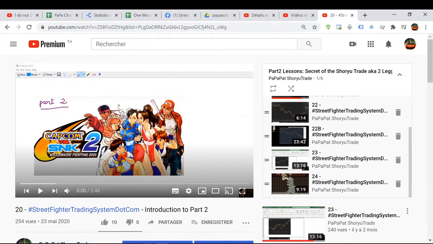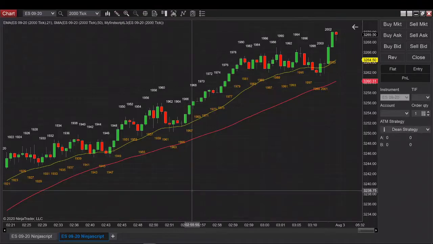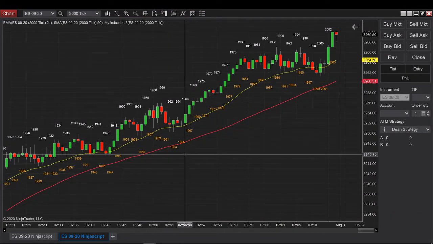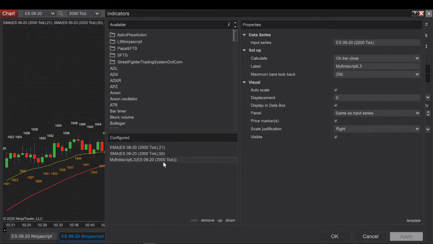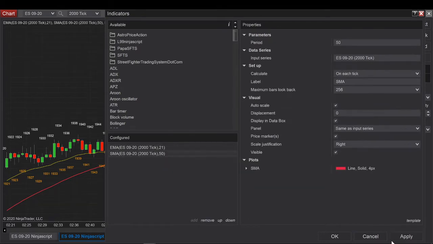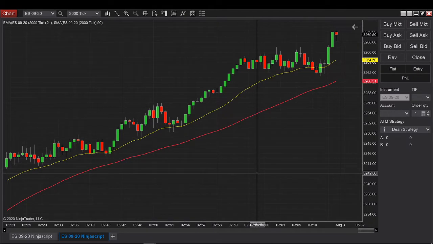Last time, when I showed the script automation, I showed you how to get started with Ninja script and how to count the number of bars. Now the next step is to build automation of the two-legged pullback. I know that some people are selling indicators. Honestly, you shouldn't buy them. Do it yourself, or use the final output of the video, which I will put in the description below.